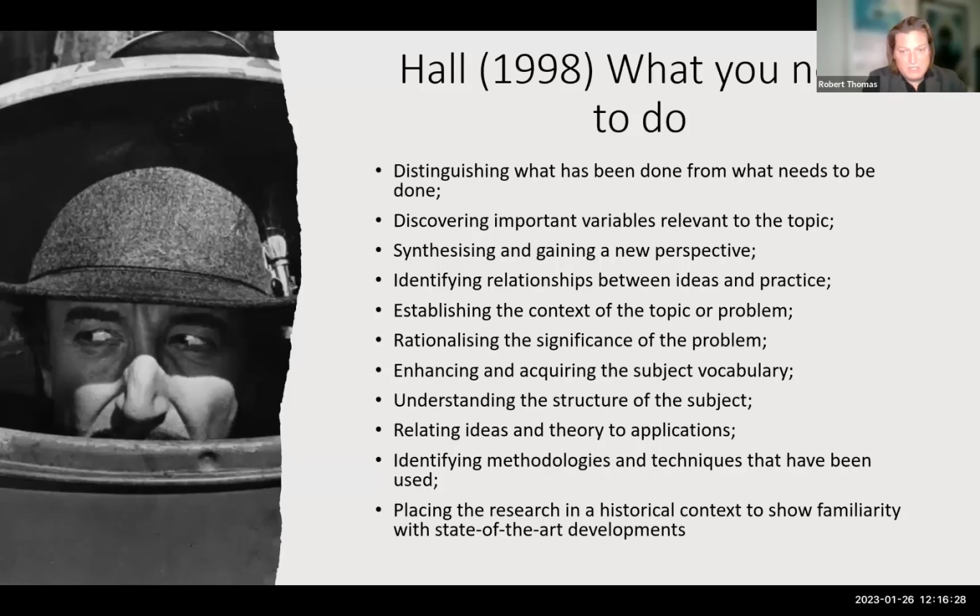Okay, so the other element that we look for, and I've touched upon this, and if you go down to the bottom, is identifying methodologies and techniques that have been used. The literature review, as well as framing the current and contemporary literature to support your argument, needs to start building the argument for your method and your methodological choices. So understanding what others have done, the successes they've had, or indeed the failures, is a significant part of enhancing your literature review. And the more that you can argue for that within the context of the literature review, the stronger the perception of your method is going forward.